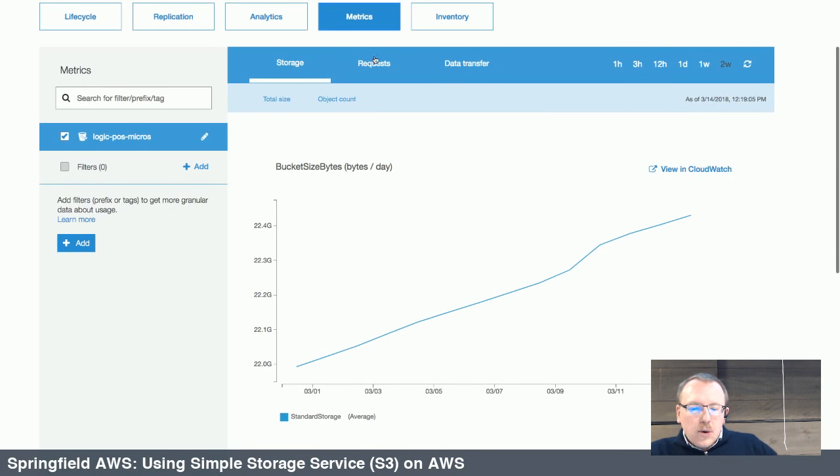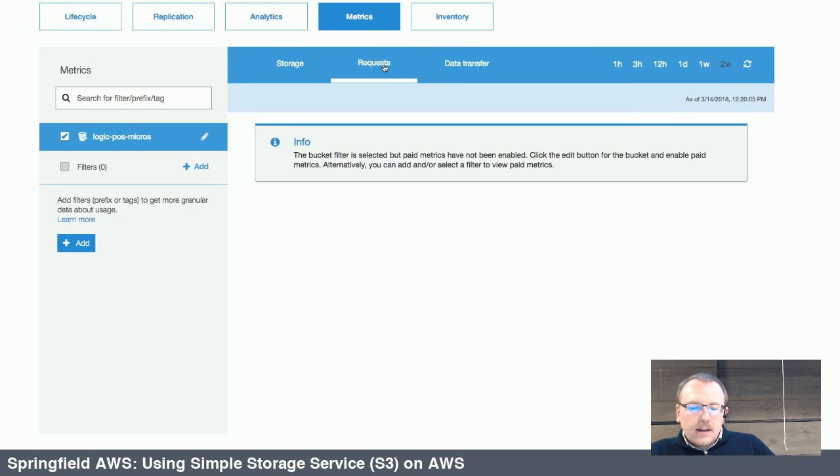Those are built in. You have the ability to add other types of metrics, like metrics about your requests, metrics about your data transfers. We haven't been using those. Jason, can you say anything about that? Or are those things that you would recommend people look at, or when would those be valuable to users? With the data transfer metrics, those can drive your bill. And the S3 portion of our bill is so reasonable that I haven't really stressed about it. Yeah. Okay. We had a situation with requests where we had some code that